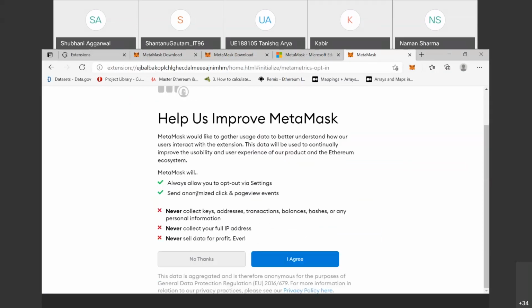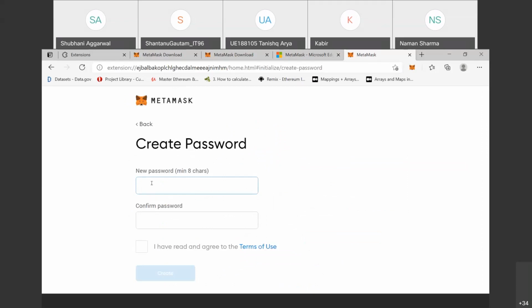Here are some instructions, so here we click I agree. And here you just create a password. Whenever you want to start MetaMask, you just enter the password that you have created now.